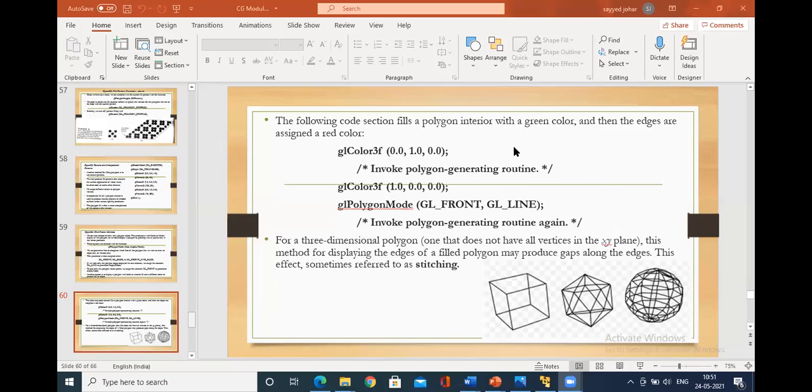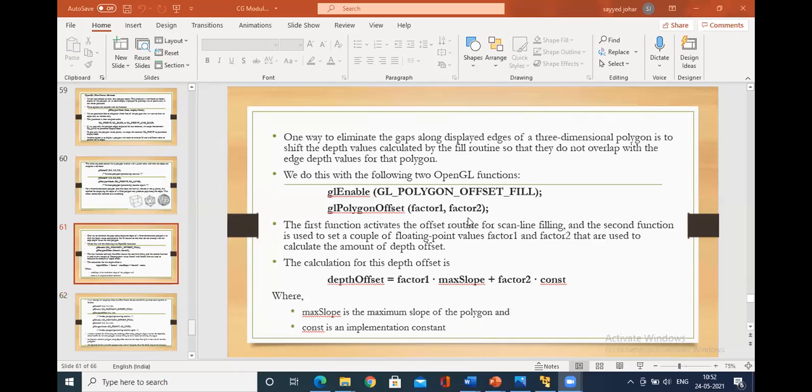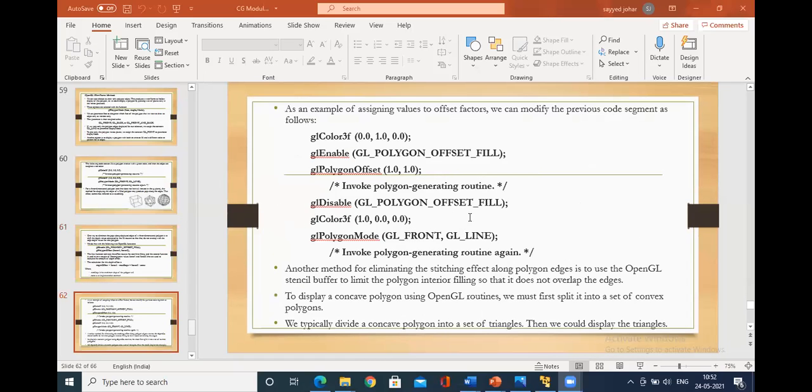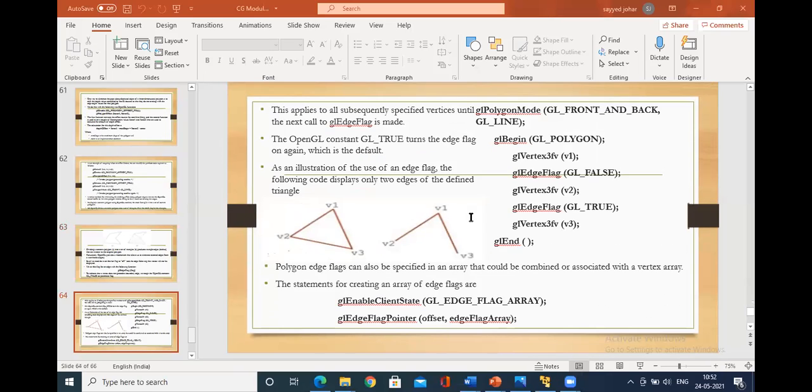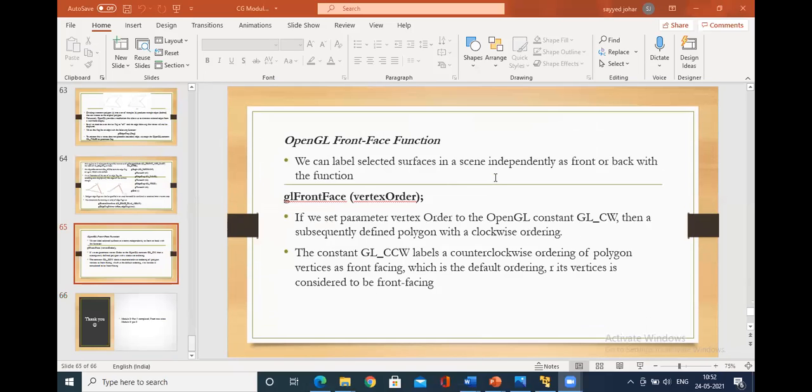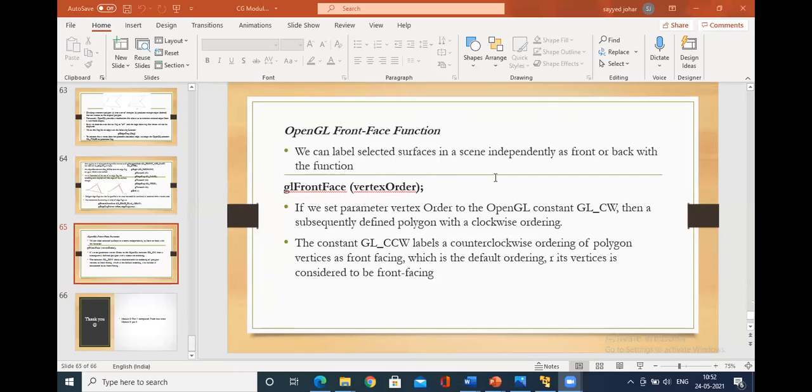See, the following part of the code gives the green color, and the edges are assigned red color. Front face detection is also an important topic.